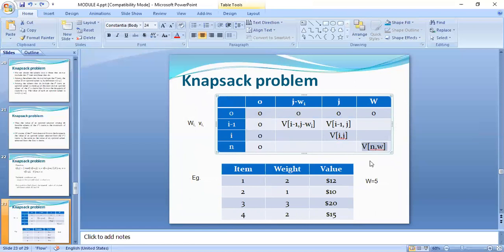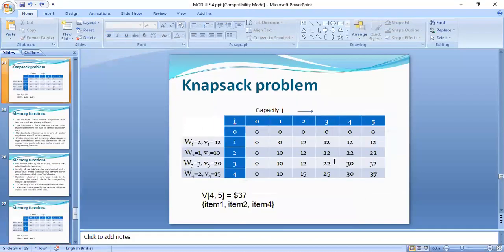So this table will be of the size n. What is the number of items? The number of items are 4. So you will be starting with 0, 0, 1, 2, 3, etc. up to 4. What is the maximum capacity? Maximum capacity is 5. So again, columns also we will be starting from 0, 1, 2, 3, etc. up to 5. So for this particular problem, the size of the table will be 5 by 6. Why 5 by 6? Because you have the 0th row, 0th column. So we will be saying it as 0 to 4. So there are 4 rows, and column is 0 to 5. So there will be 6 columns. So this is what we are going to calculate.